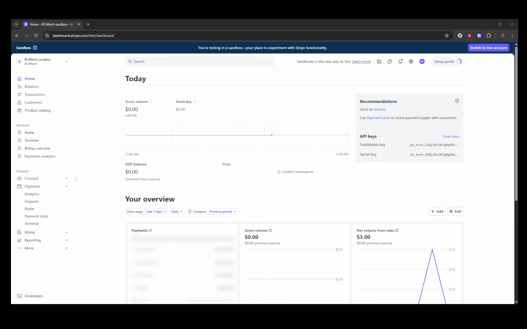First, you'll want to log into your Stripe dashboard. This is your central hub for managing all your financial transactions, and it's where you'll find the tools you need to handle refunds. Once you're in the dashboard, navigate over to the Payments section. This area lists all the transactions that have occurred, making it easier for you to locate the specific payment you